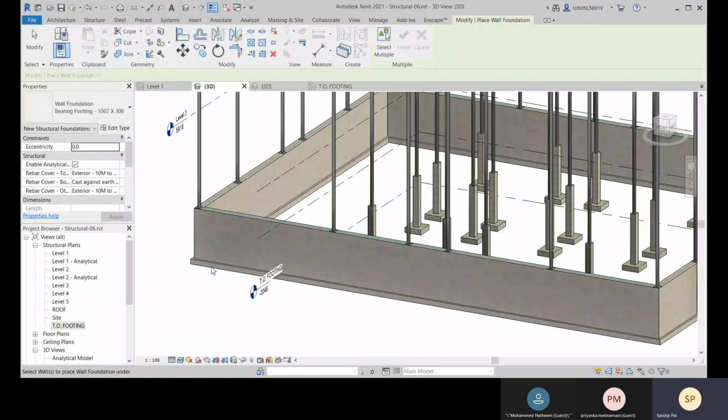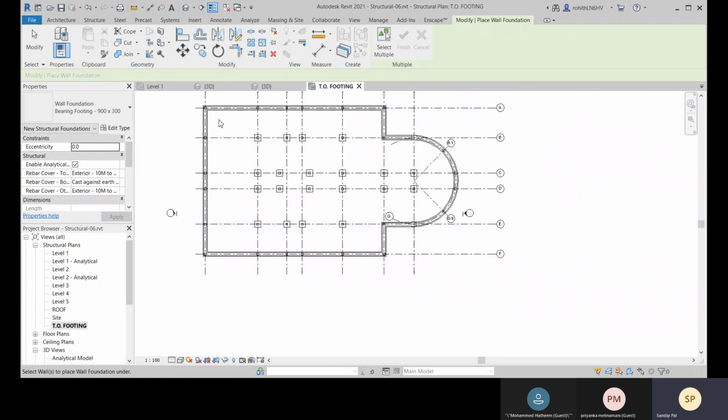Okay, and how you can place at the bottom of this. Okay, so I'll be showing you.